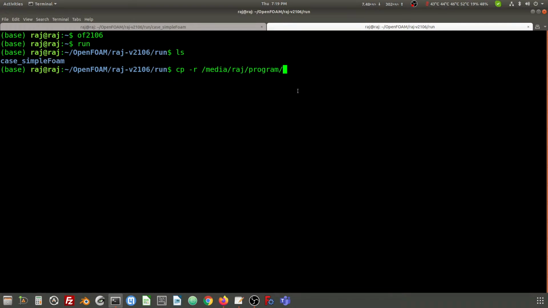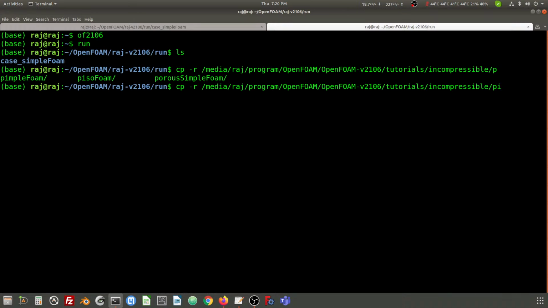There we have OpenFOAM, OpenFOAM version 2.1, and the tutorials, then incompressible, then pimpleFoam. In this we have three, so we have to take the turbulence case here,